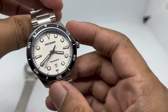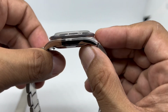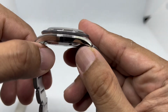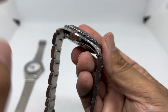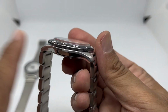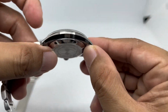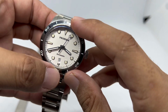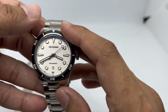Of course, the similarity is unavoidable because of the case design. I don't want to say names or design trademarks because I'm afraid of that design trademark issue, but we have this very slim side profile here, brushed and polished, and we have this super duper slim bezel here. The case itself is absolutely cool, guys. It is absolutely beautiful. Ceramic bezel insert with this enamel white dial. They also came with, I think,